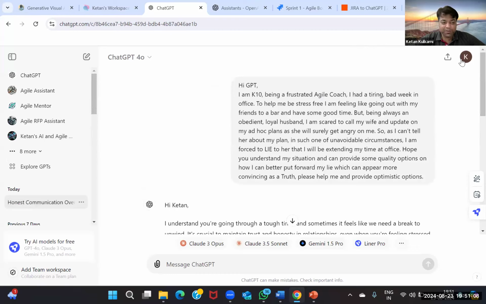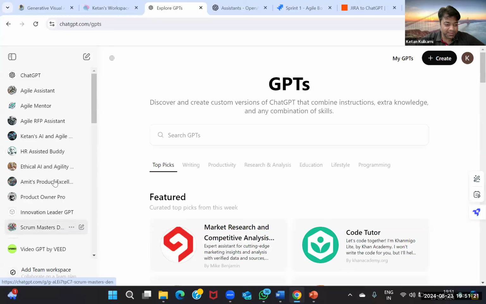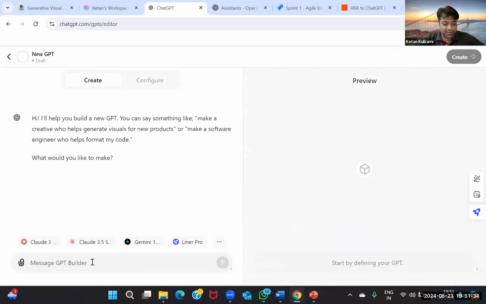The next thing that I'm going to share with you is how you can basically create your own GPT. I think I showed this last time, but just wanted to set it straight again. If you have a pro version of ChatGPT. So if you see here, I have so many GPTs of my own. So if I go here, this is Ketan's AI and Agile. I have some HR assisted buddy, innovation lead, or some kind of product owner's thing. So I go here and I create. And when I ask the GPT builder to create,